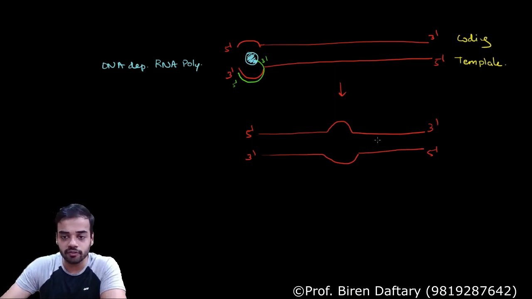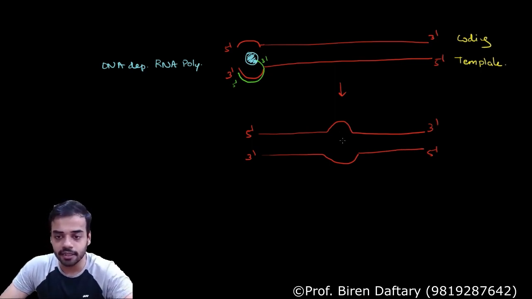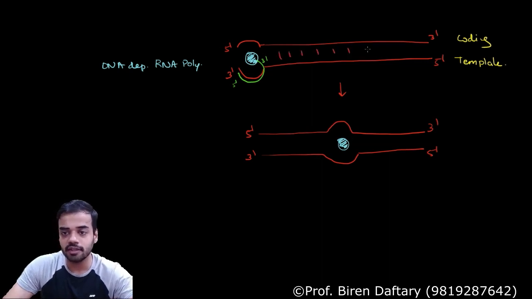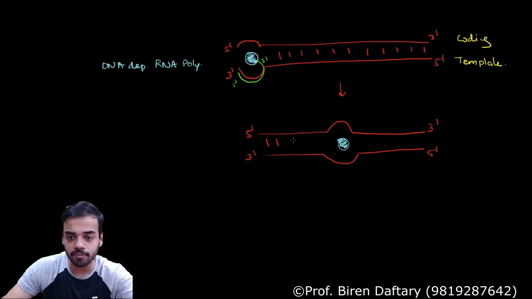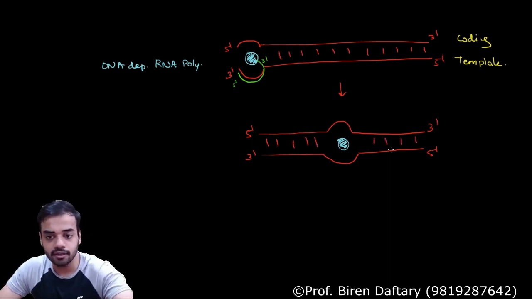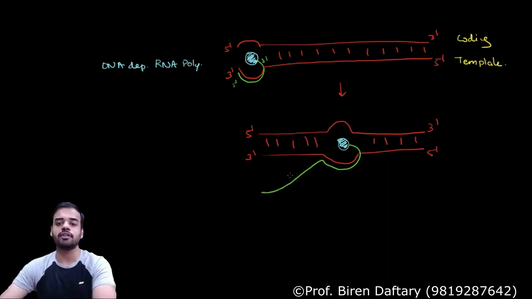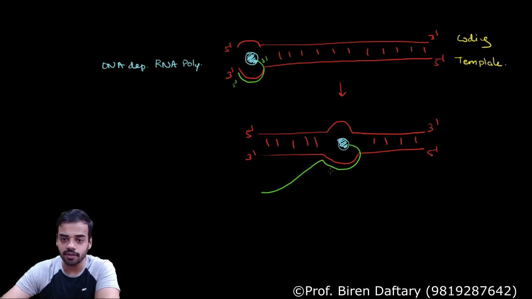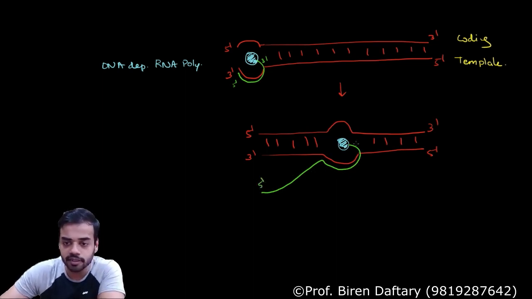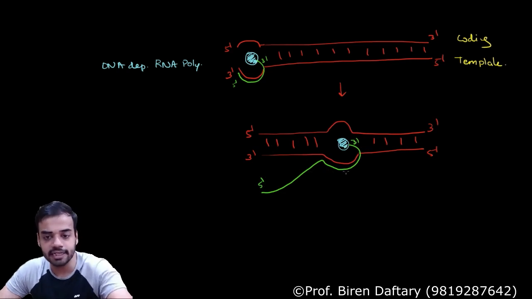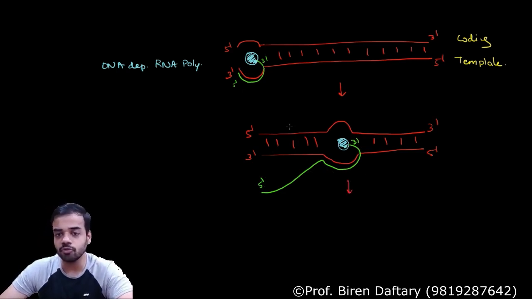I'm not writing it over here. Now your RNA polymerase, DNA dependent RNA polymerase, has moved over here. Again, as it moves ahead, the complementary bonding is again present, so I am just showing this as the bonding between the complementary strands. Then again you have to show your mRNA. So the mRNA will be like this up till here, and then this area is loose because there is nothing to attach. Is this clear? Again, this will be the 5 prime end, this will be the 3 prime end. Then what will be the next diagram? This will continue to move.